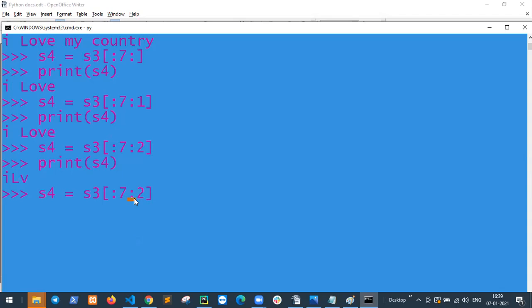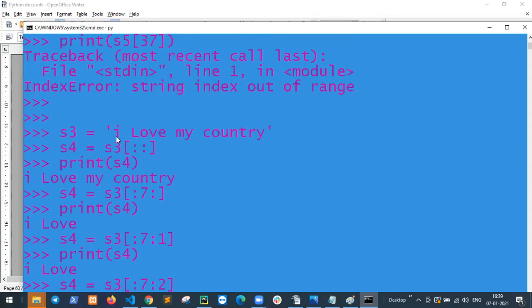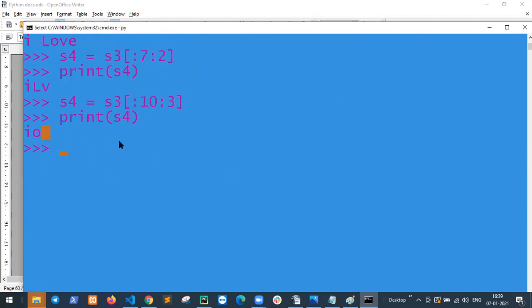If I say 3, 3 values count. IO, what is IO? IO means I, we count 1 2 3, O, we count 1 2 3, this is space. So IO. Got it? This is slice operator.